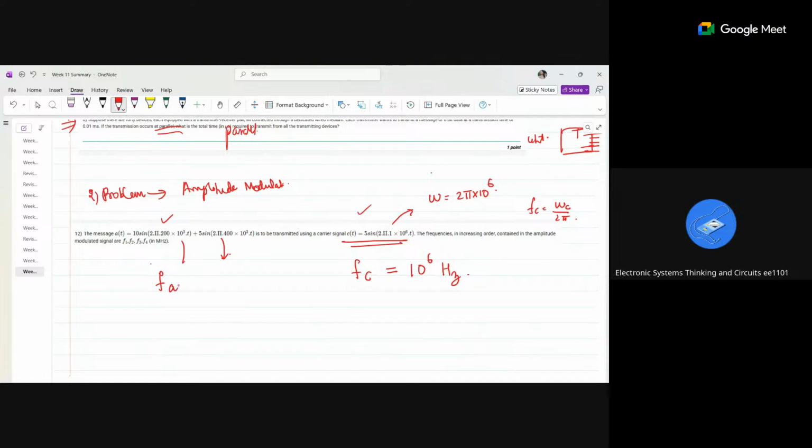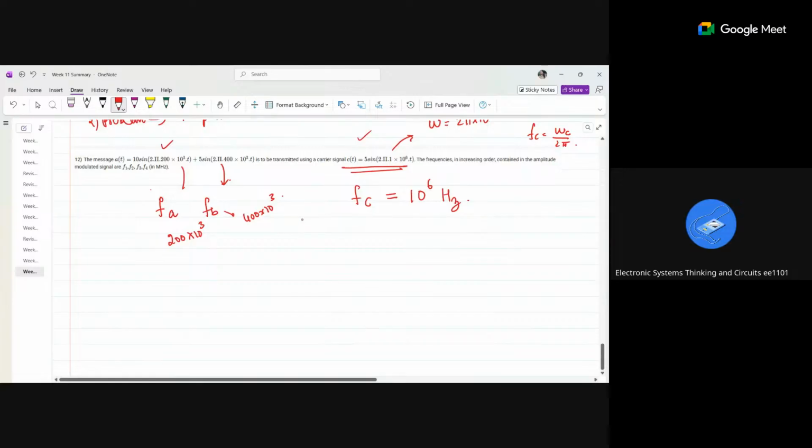Let me take this as FA and this as FB. So FA is nothing but 200 into 10 to the power 3. FB is nothing but 400 into 10 to the power 3. Then after modulation, FA and FB will be